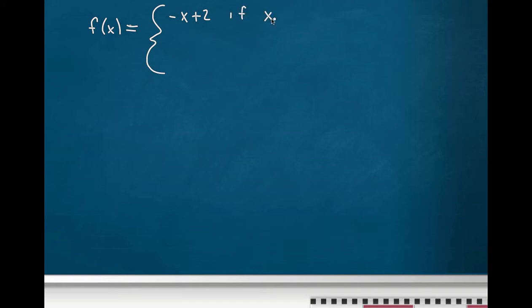Suppose we have a function that is defined in pieces. In this way, f of x will be defined as minus x plus 2 if x is less than or equal to minus 2. It'll be defined as just x if